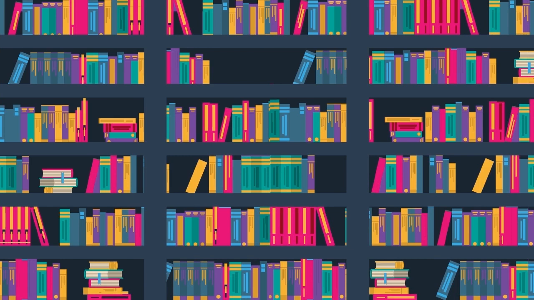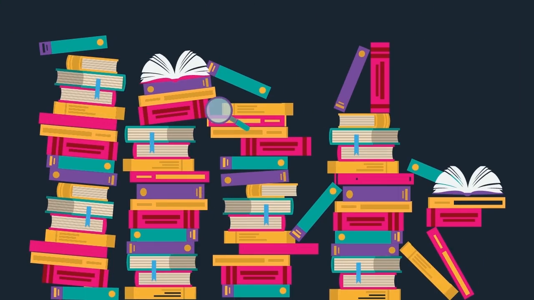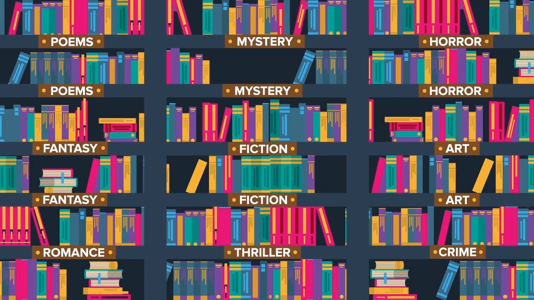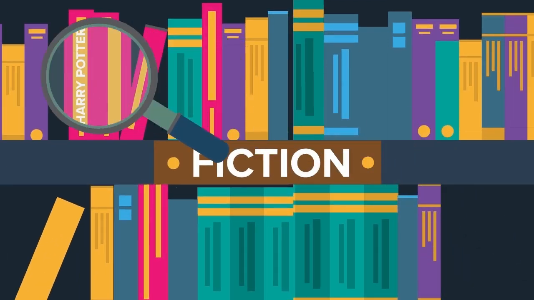Now, imagine what if instead of having separate cupboards for different types of books, libraries would just stack all the books together like this. Can you imagine how hard it would be to find a book in this pile? It may take days to find a specific book that you're looking for. To avoid all this, books are stored and organized in different ways. There can be a cupboard for mystery books, a different one for horror books, and so on. Now, if you're looking for a Harry Potter book, you can just go to the fiction section and get the book. So that's how database works.